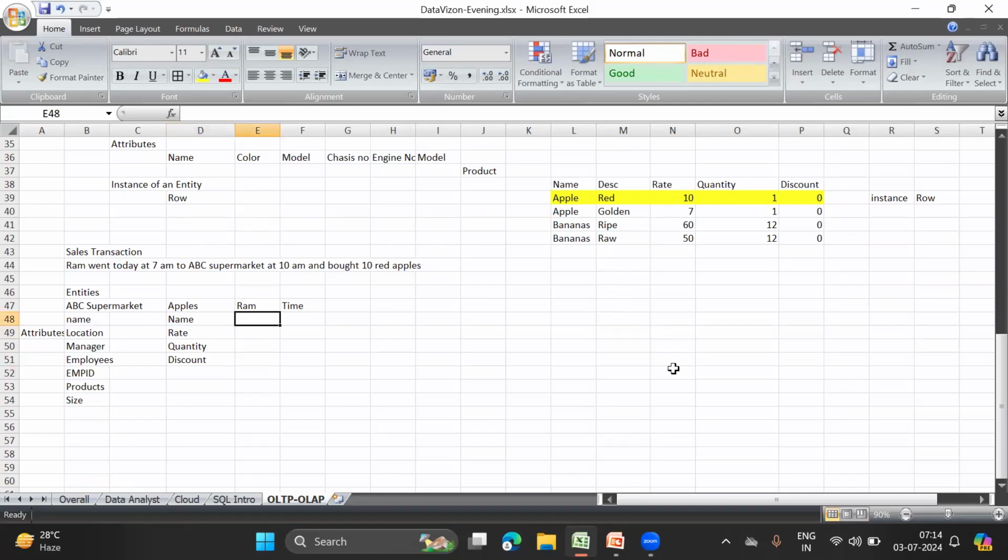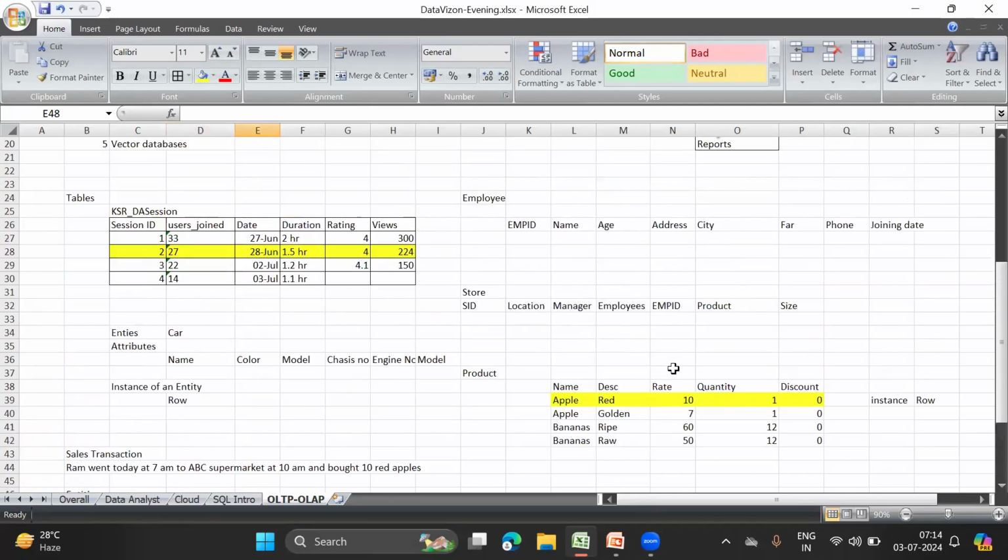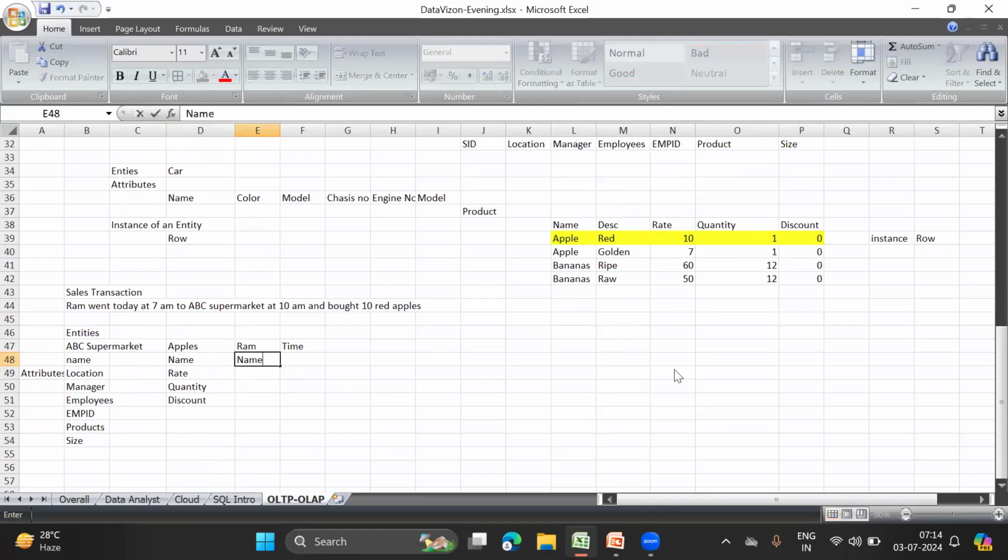And then if I talk about Ram, what are the different attributes associated with Ram? There is going to be a name. Ram has a name. Ram has an age. He has a gender, for example, associated. He also has an address associated where he lives. He is also going to have a phone number. He is going to also have an email address. Okay. And then if we come to time, time has different attributes like what is the value of the hour, what is the value of minute, what is the value of the seconds, and so on, and what is the date as well.